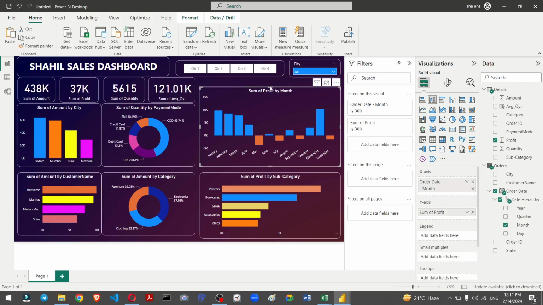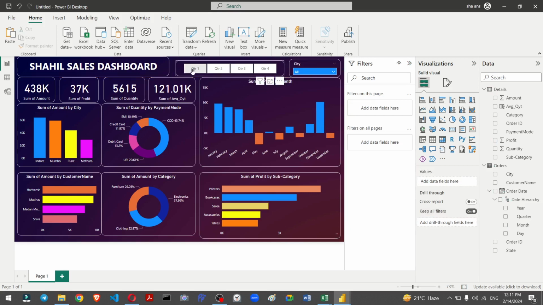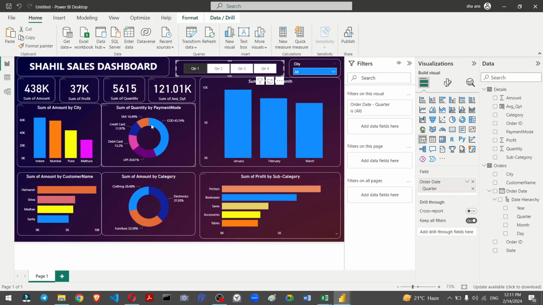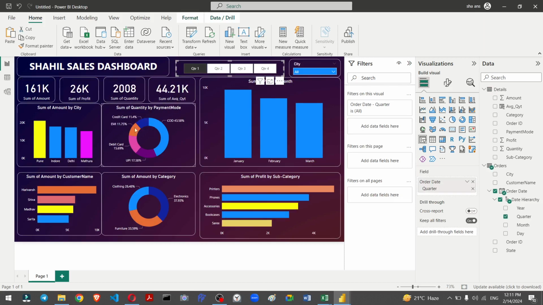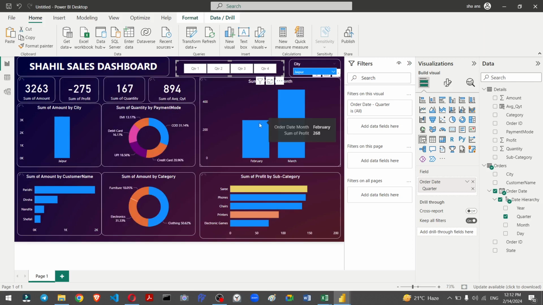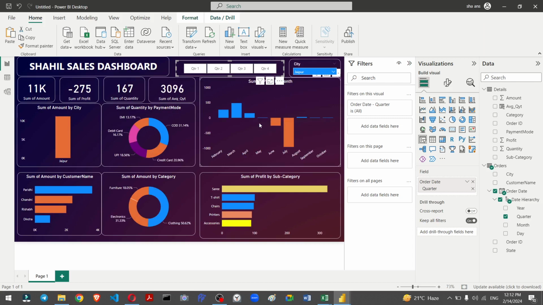So what is the learning outcome from this whole project? If we click on quarterly, it shows me the quarterly data from all the tiles. And if we choose the city, we just click on the city, and there's Jaipur, we need the Jaipur data only, then it shows only the Jaipur data, and we define all. So the outcome is how we can import the data